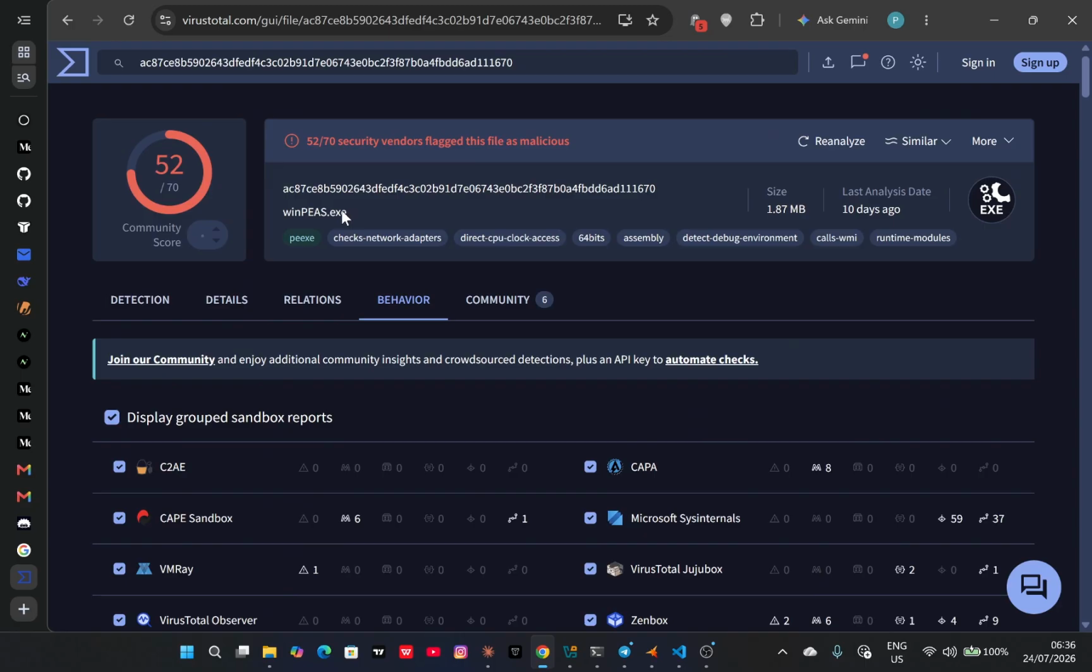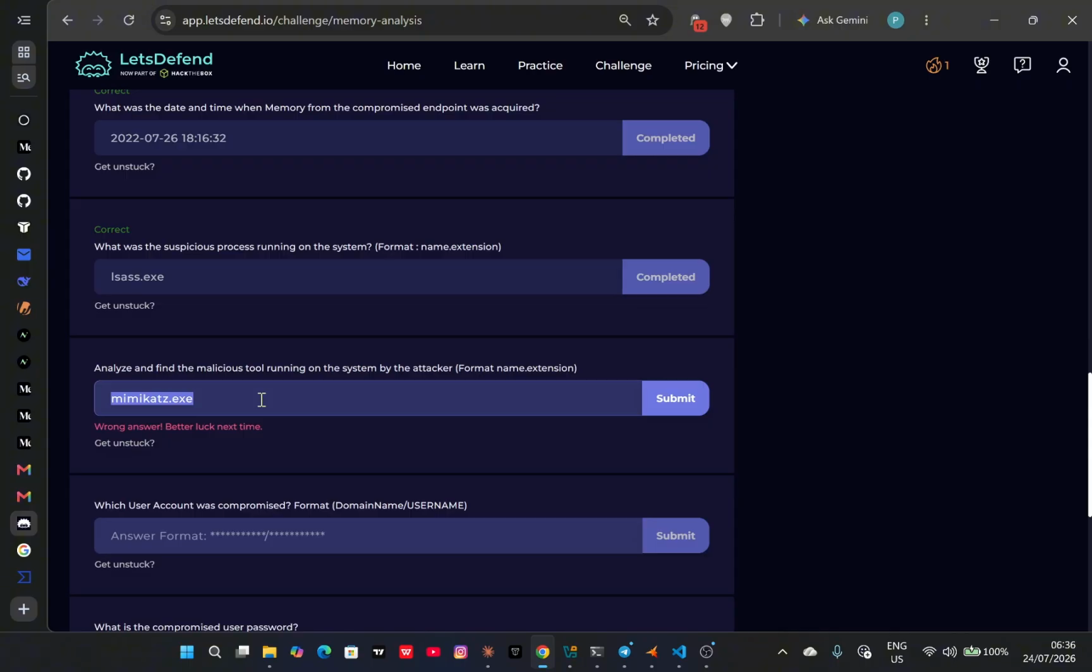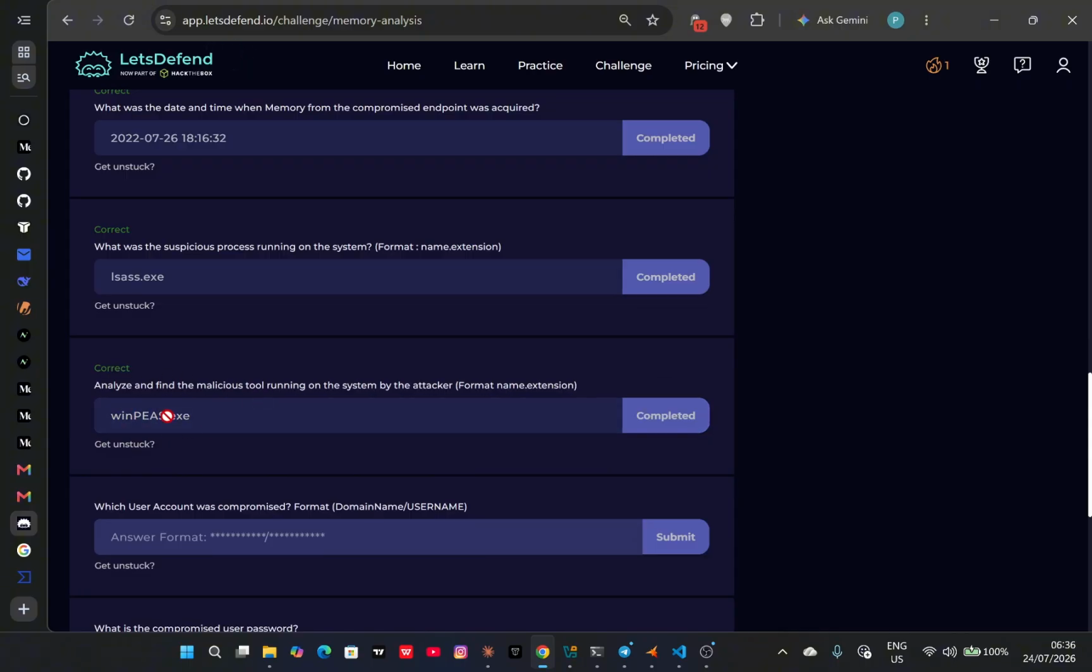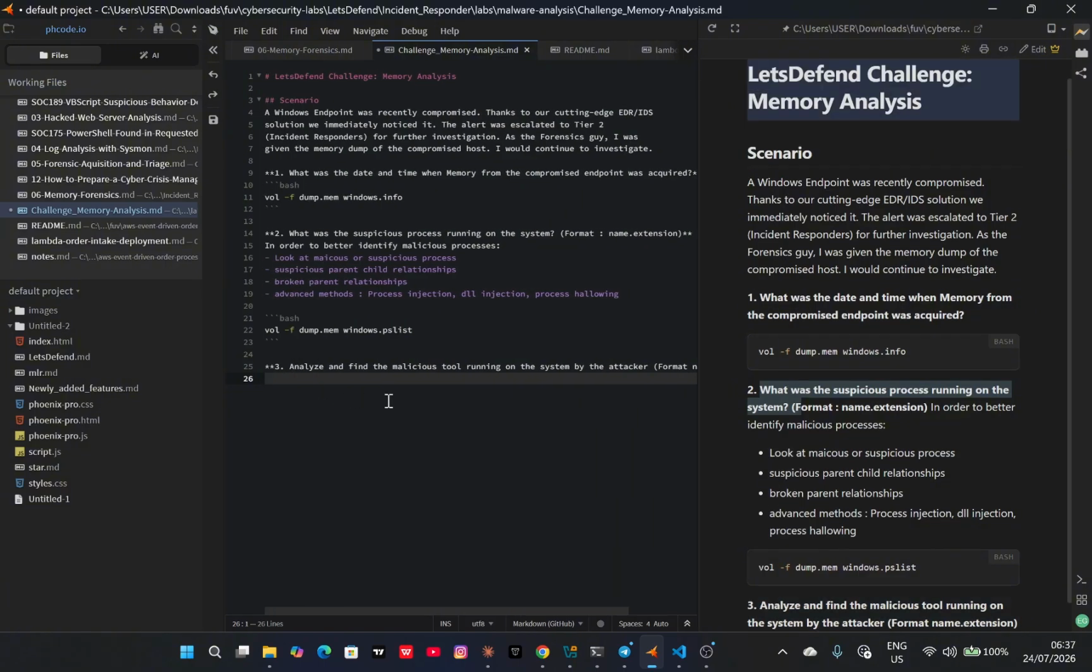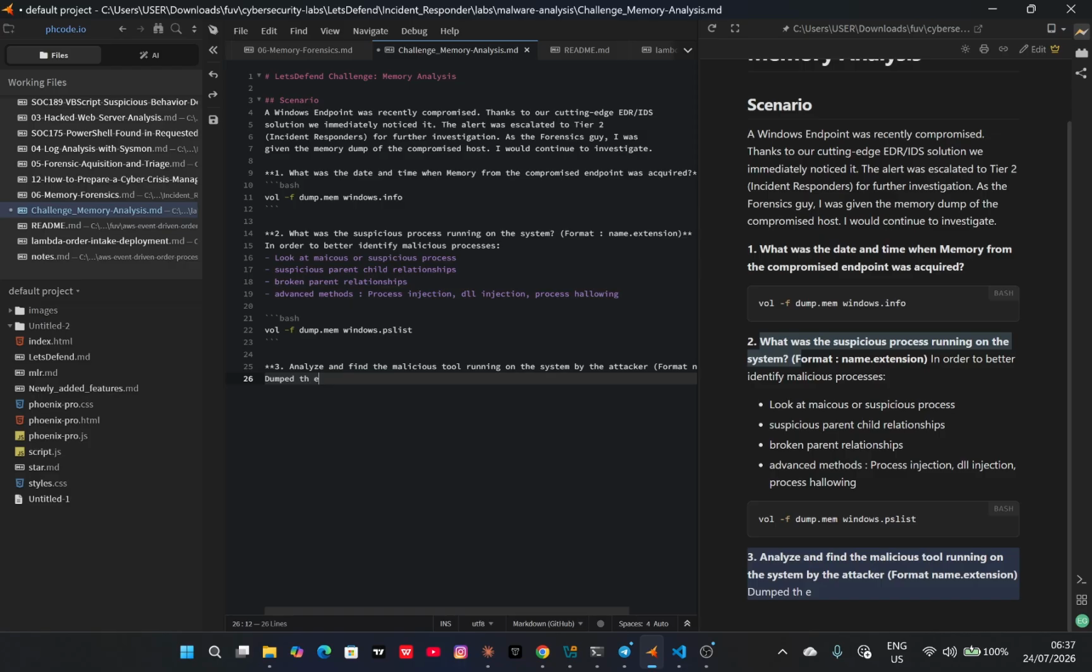So let's just put in this for our third question. Right, so that's the one. I think just quick. And oh, okay, so it seems like I already have the question. So let me add dump file, malicious file, and calculated its VirusTotal. Then